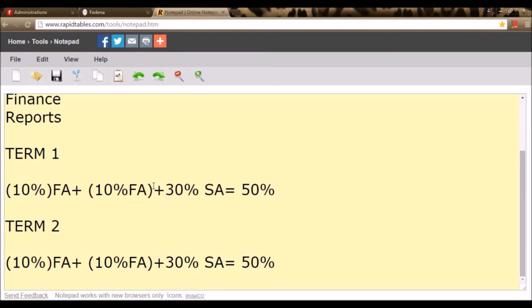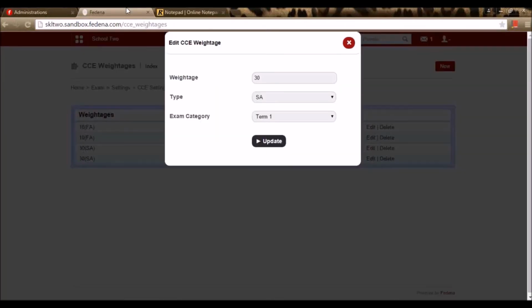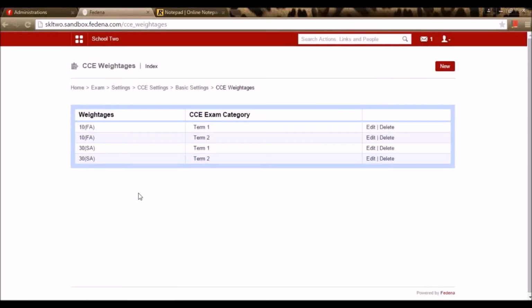It will automatically give the weightage by creating another FA. So for one particular exam category, say term 1, we need to create one FA and one SA. Similarly for term 2, I have created one FA and one SA with a weightage of 10, 30 respectively.